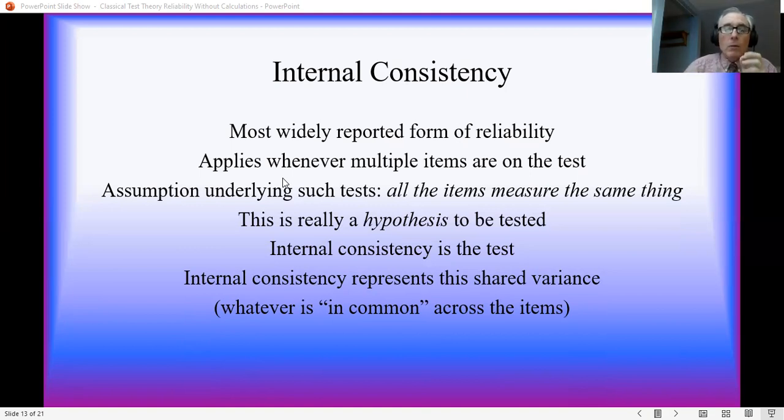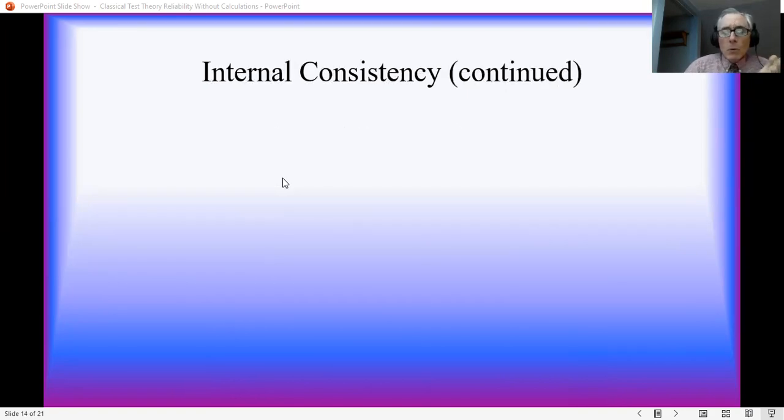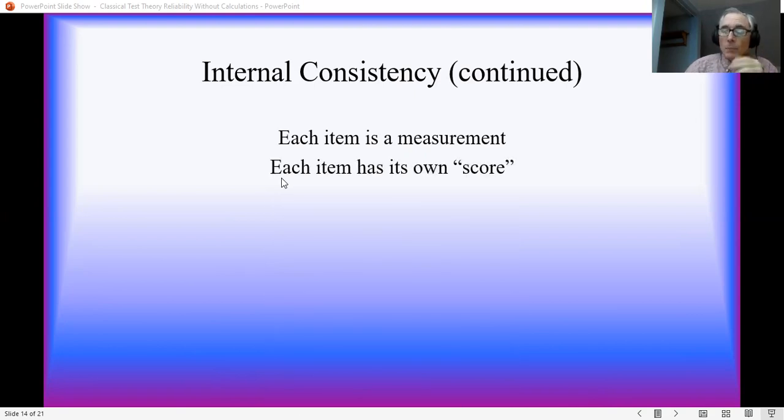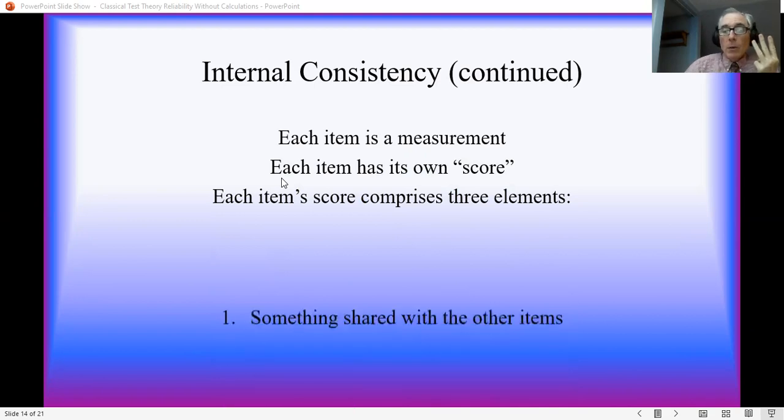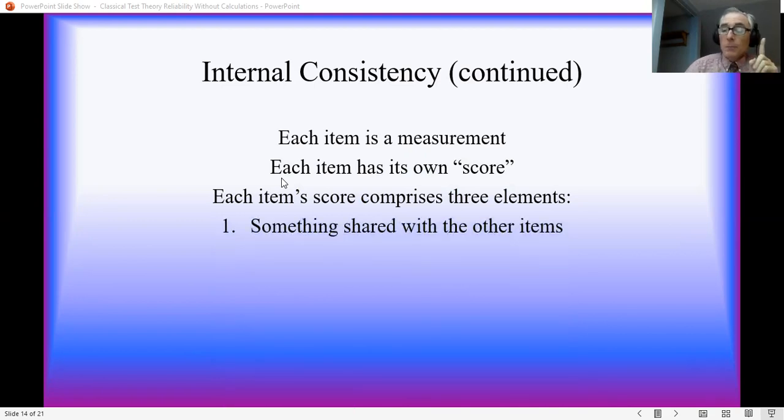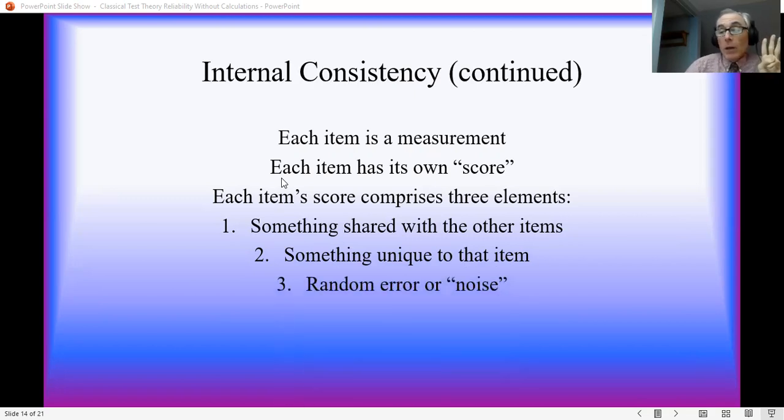All that you really want is whatever it is they all share. That's it. So there are a few ways of getting at this one. Again, this is not going to be calculation day, but conceptually what you have to remember is that each item is a measurement. You score each item separately, and each item's score actually has 3 different things going on in it. What you're after is what it shares with the rest of the test, as I've been saying. There's also going to be something unique to that item,